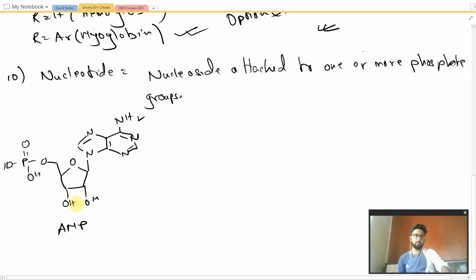So this is a nucleotide, obviously, because it has a phosphate group. So this option is a proper nucleotide. In the other options, you can see that in RNA, uridine. So let me draw the structure of uridine, and then I'll be explaining DNA and RNA. Let me draw the structure of uridine.